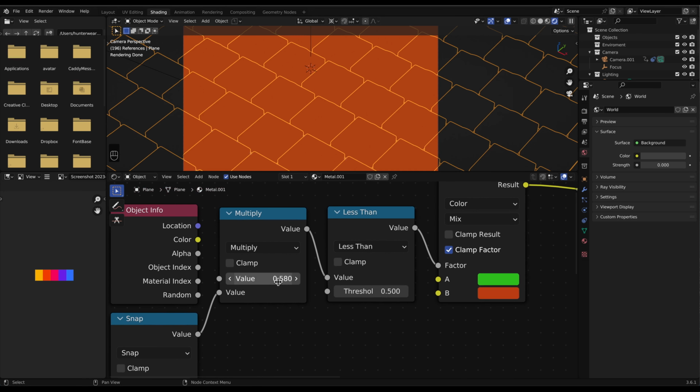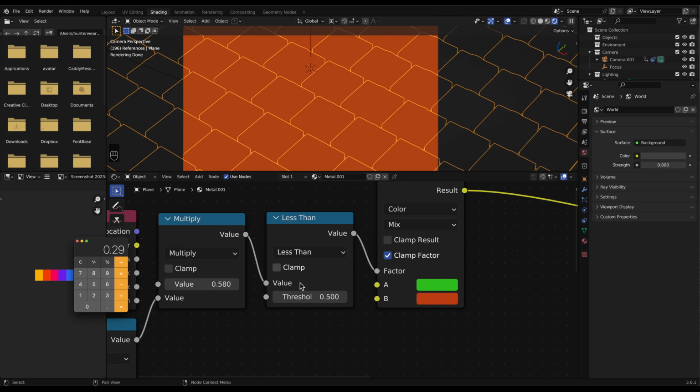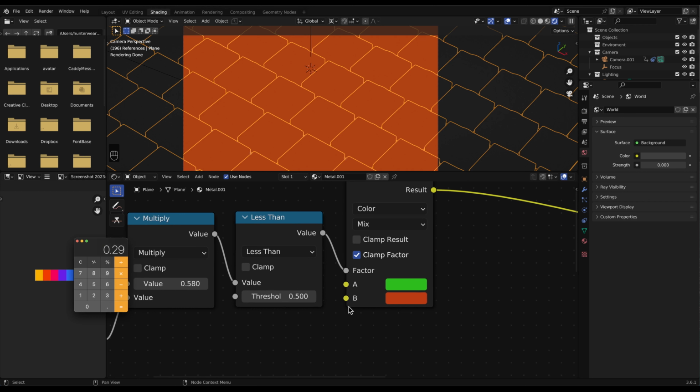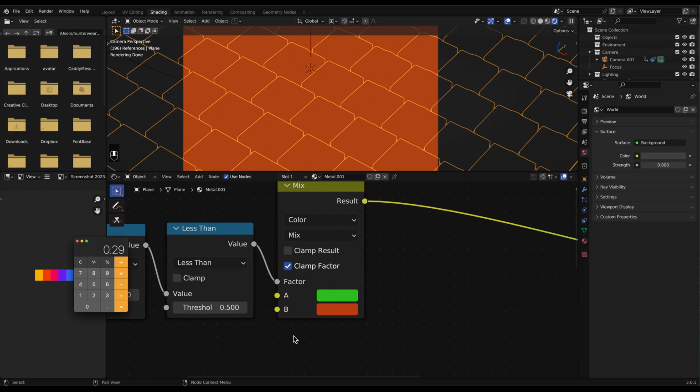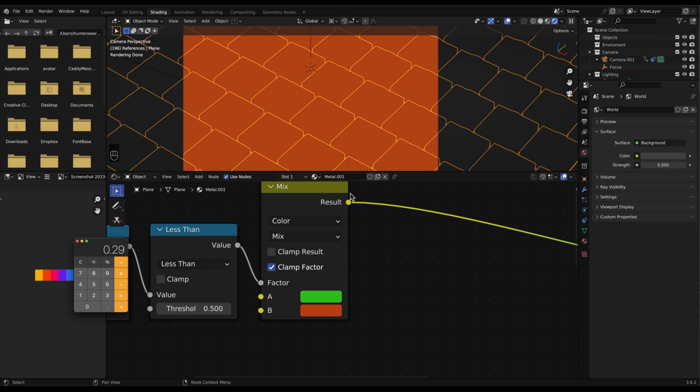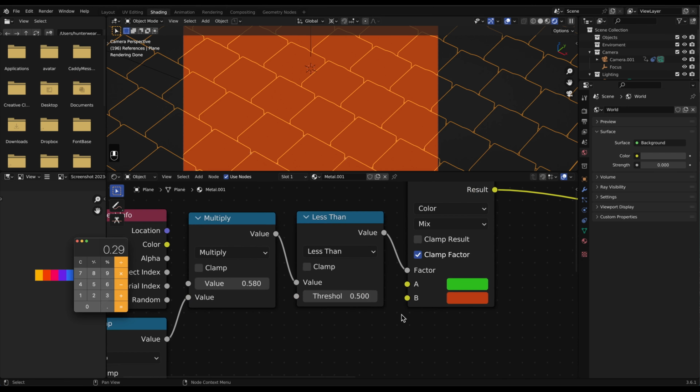It's multiplied by 0.58, which gave us our value here, 0.29. And then it's saying, well, if it's less than 0.29, yes, it is, then place it into B and output the B color here out to the result. But if it's greater than, it'll output A.